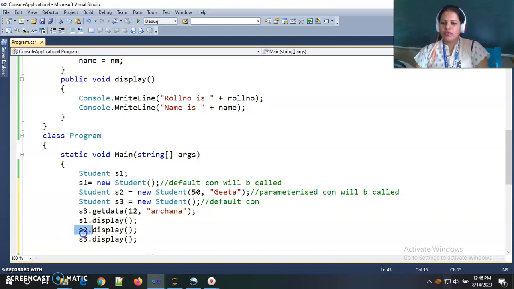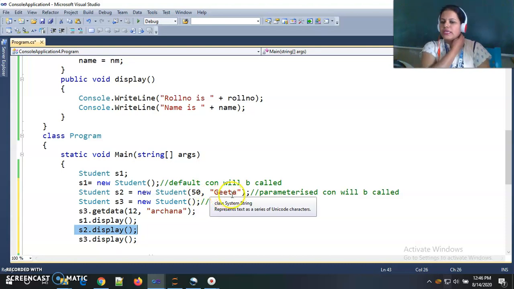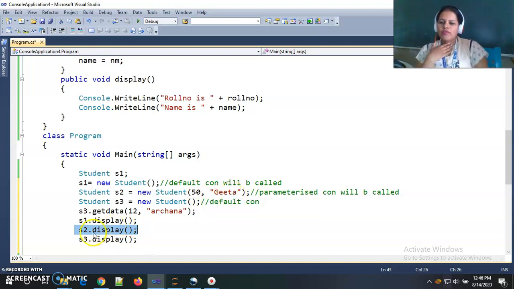Now for S2 we are calling the parameterized constructor and passing the values roll number as 50 and name as Geeta. So in S2's memory, the roll number value is 50 and name is Geeta. So when we display S2's memory, we will get roll number as 50 and name as Geeta. Now from S3 memory we will display the roll number and name.